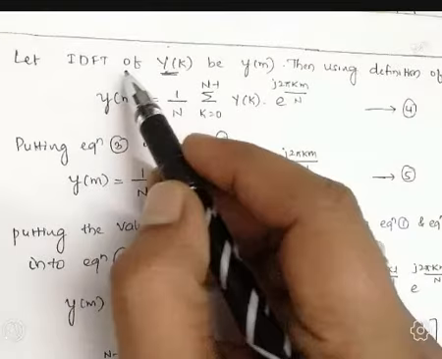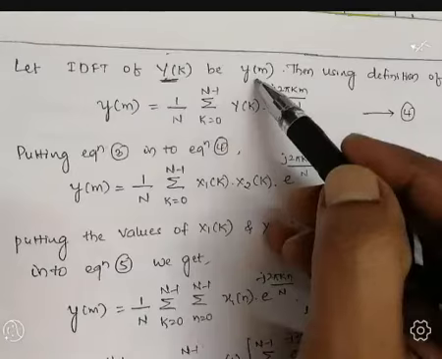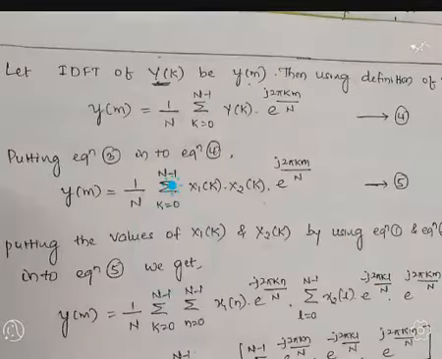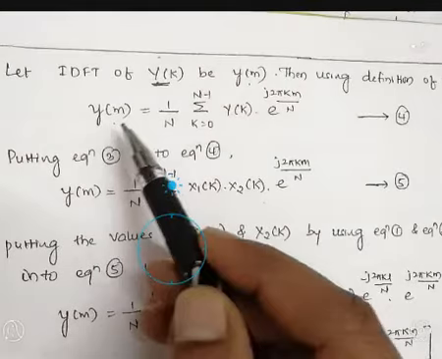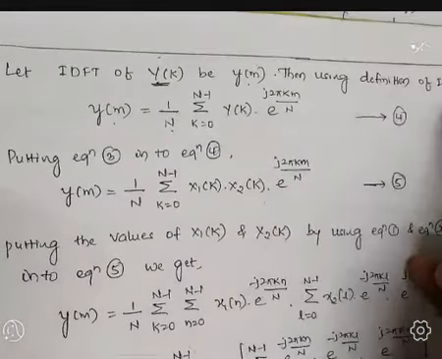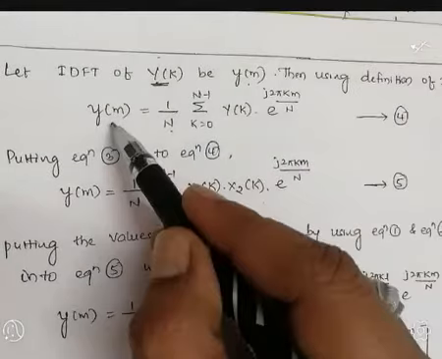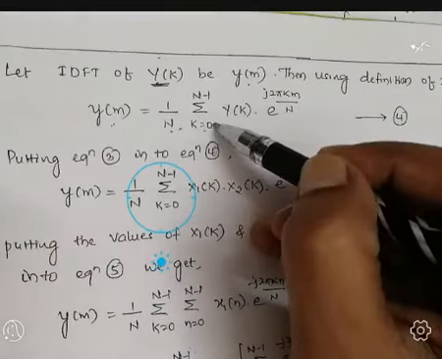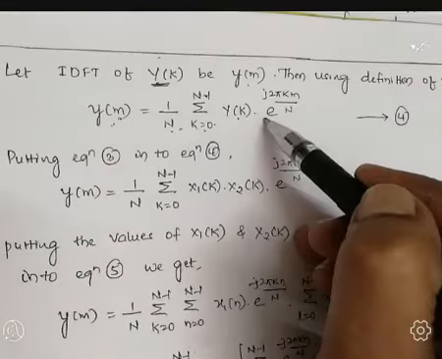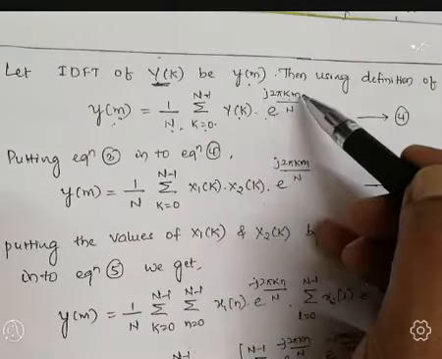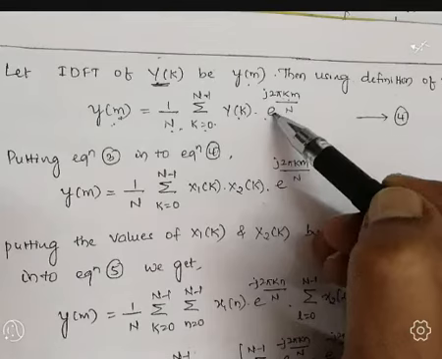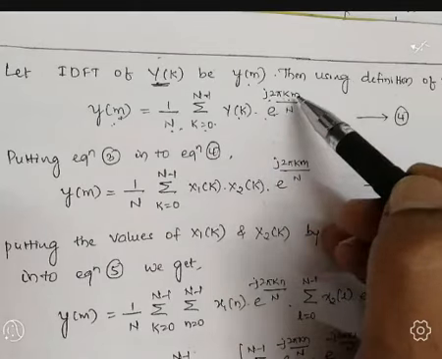Okay. If you calculate the IDFT of y of k, that is indicated as y of m. Y of m is what? It is the IDFT of y of k. Hence, y of m equals the IDFT of y of k, that is 1 by n. Using the definition of IDFT, y of m equals 1 by n, summation over the limits k equal to 0 to n minus 1, y of k multiplied by e to the power j 2 pi k m by n. Here m is there, because of that reason I have taken m here. So write it as equation number 4.